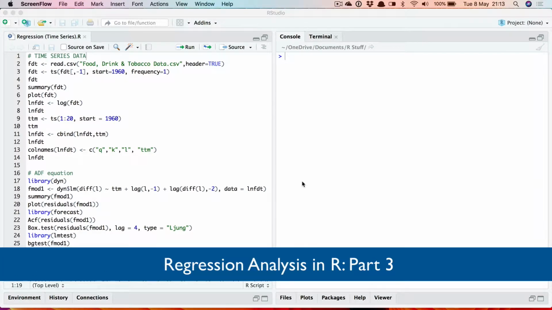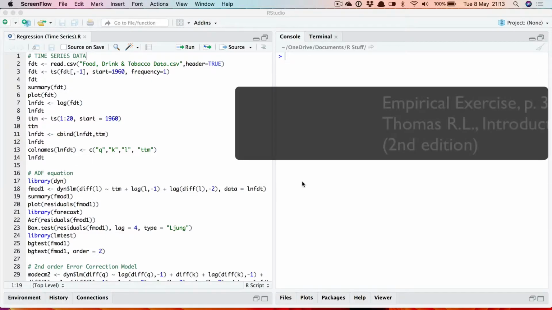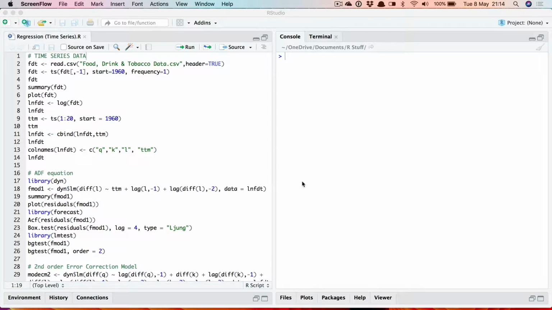In this video, I'm going to look further at performing regression analysis in R, this time using time series data. The example I'm going to use is taken from a book by Thomas called Introductory Econometrics, the second edition, and it's the empirical exercise on page 336, where he estimates a Cobb-Douglas production function for the UK food, drink and